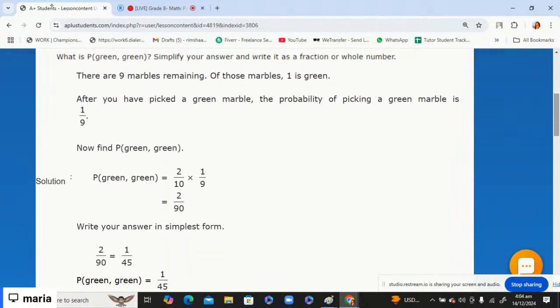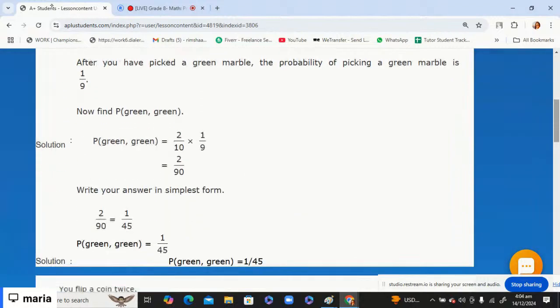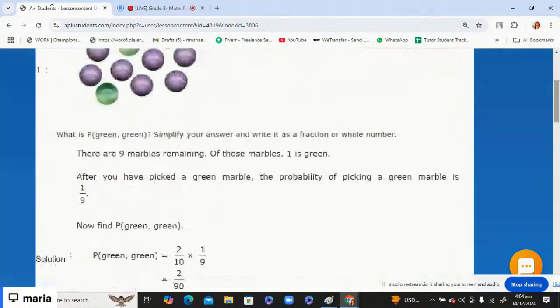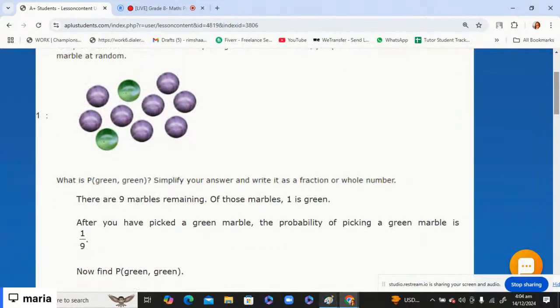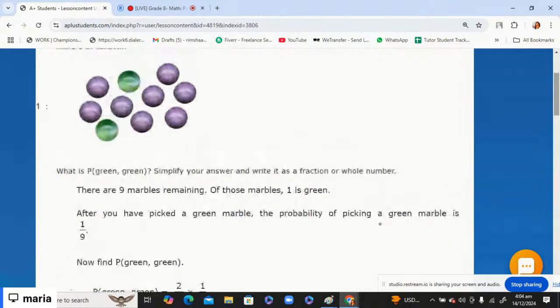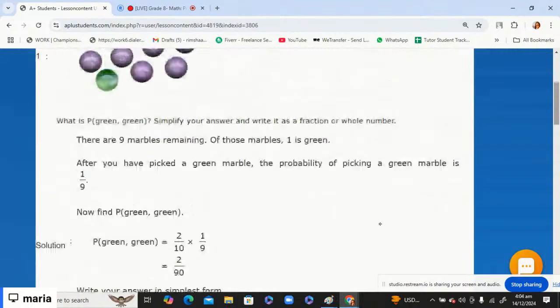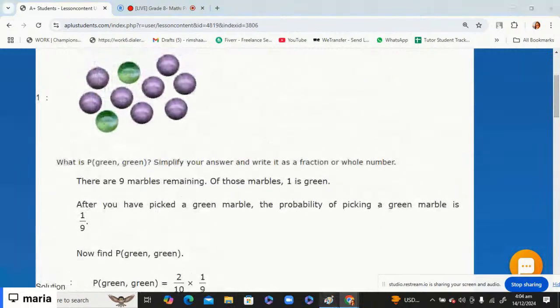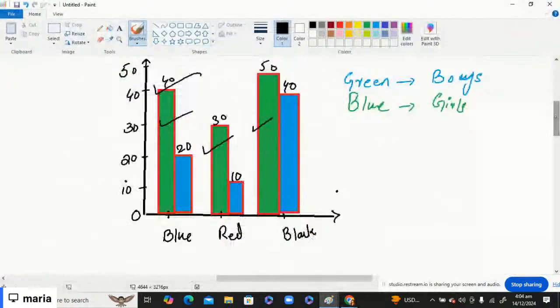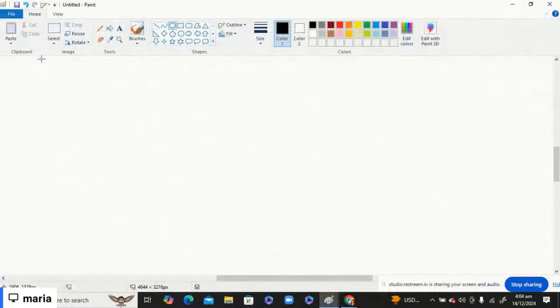Okay, and this is the one thing that you are going to check. And then for the second thing, how many total marbles are there, that is 10, and how many green in it, that is 2 by 10, and then just multiply the probability of green and green with each other. Let's do it. I'm going to tell you how to do that. For example,